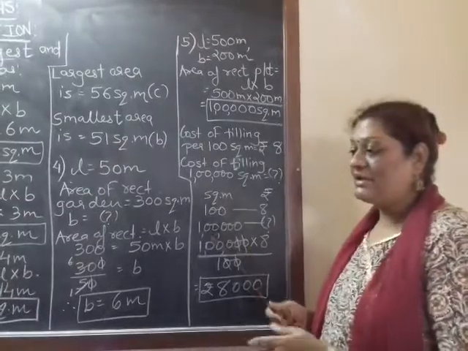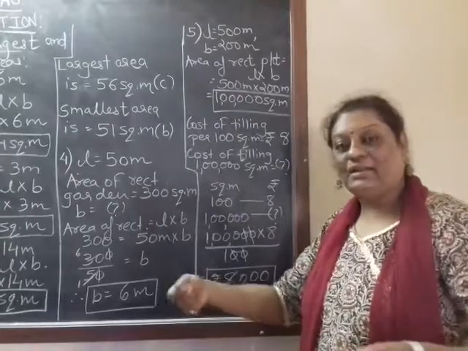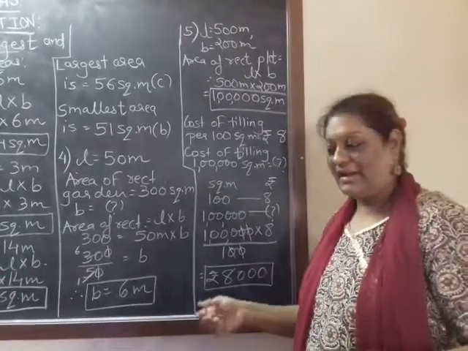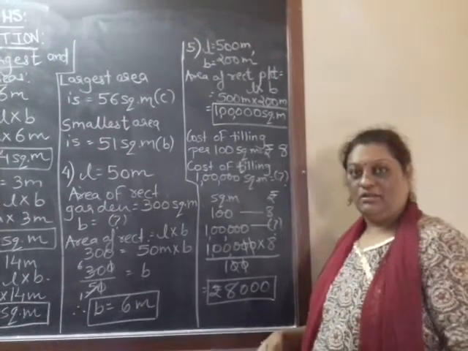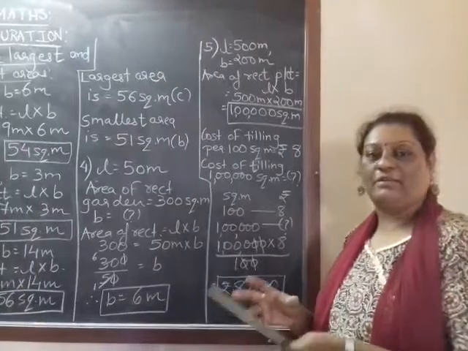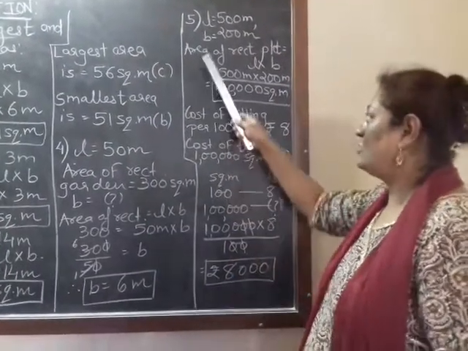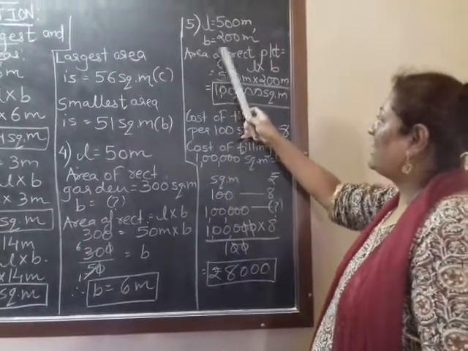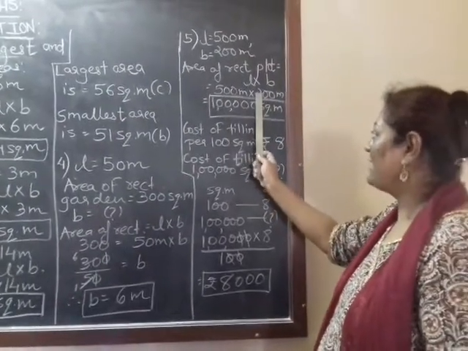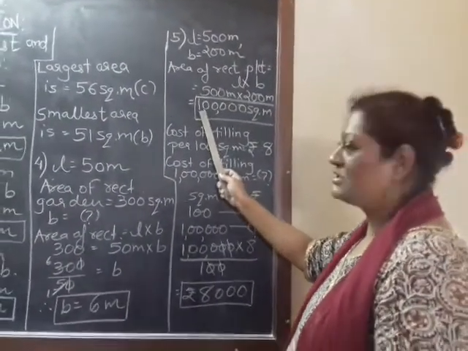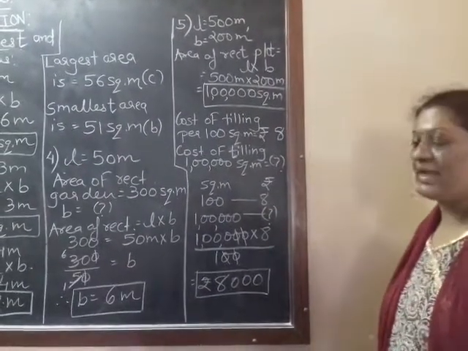So now tilling means what? You know, for a rectangular plot, tilling means we dig the mud, sand, right? So the whole plot is covered while tilling the land, to turn the soil up and down to make it more fertile. That is called tilling. So we go for the whole rectangular plot, not the boundaries. So this is area. The area of the rectangular plot is L into B. So 5 twos are 10, and how many more zeros do we have? 1, 2, 3, 4. So add 4 zeros. So your answer is 1 lakh square meter.